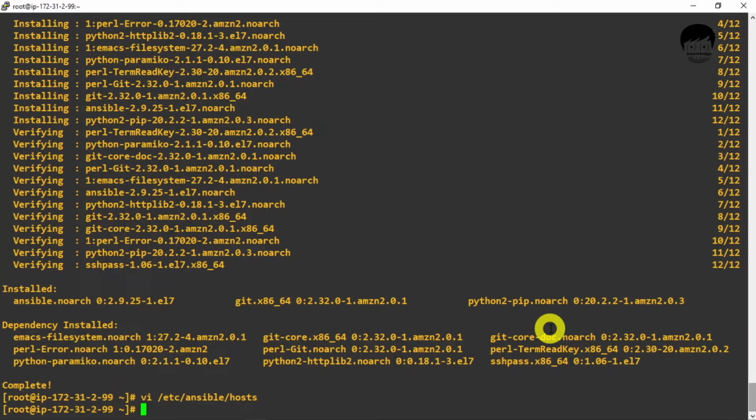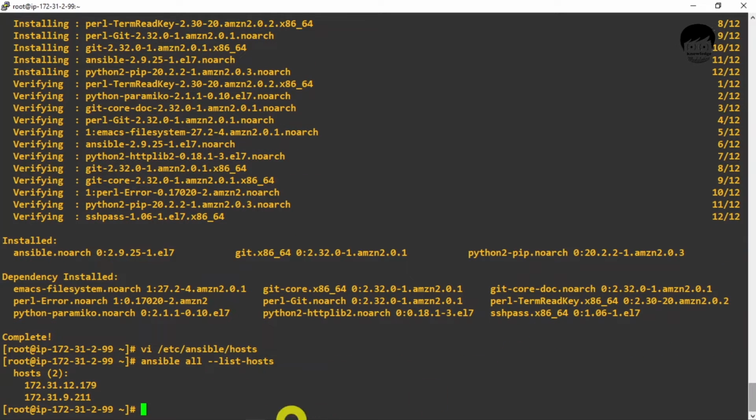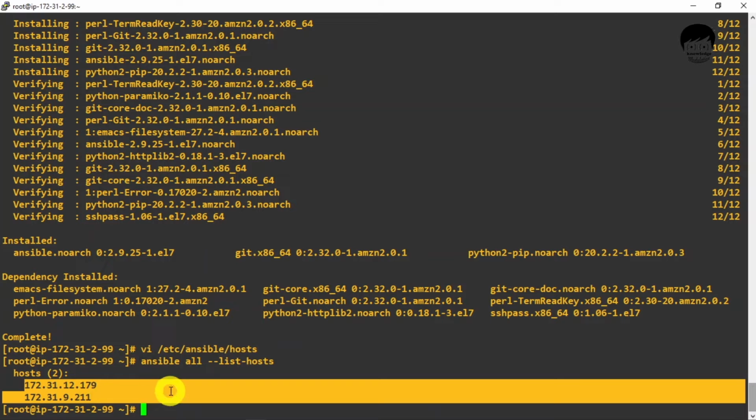Okay, now I have added this to host over here. You can just cross check whether you have added this host or not successfully. You can hit the command ansible all --list-hosts, and yes, we have added these two IP addresses, so it can read them and show them to you: 179 and 211.